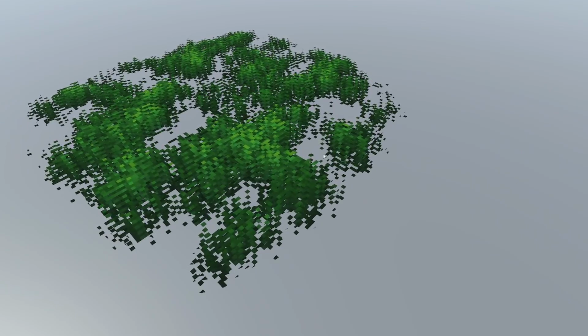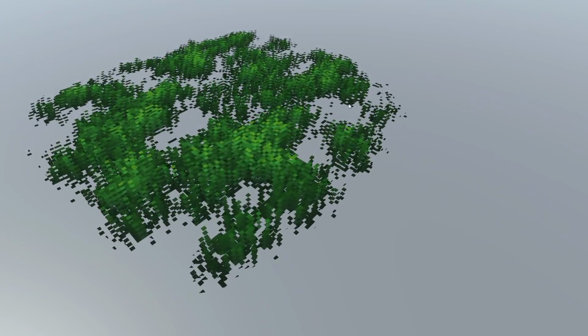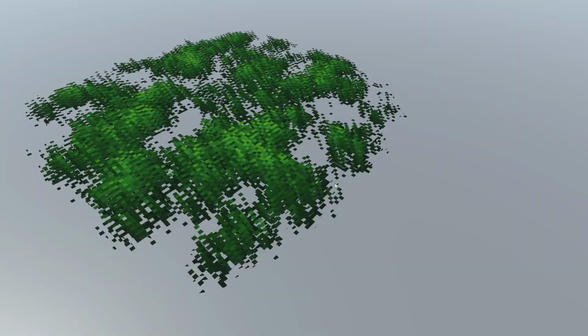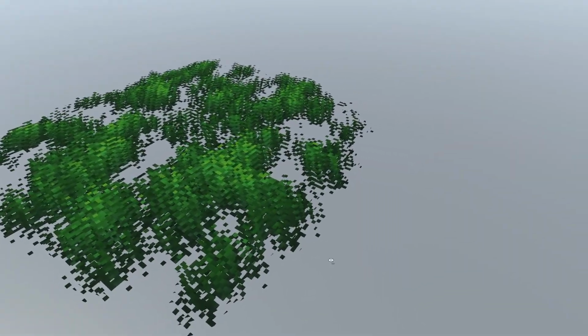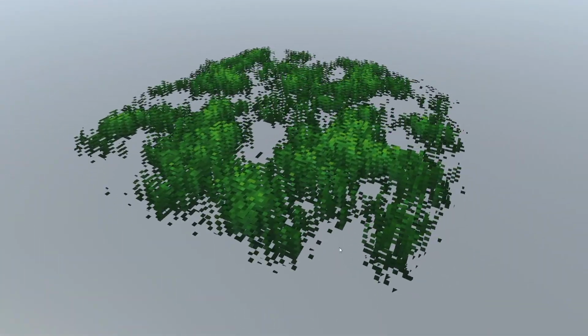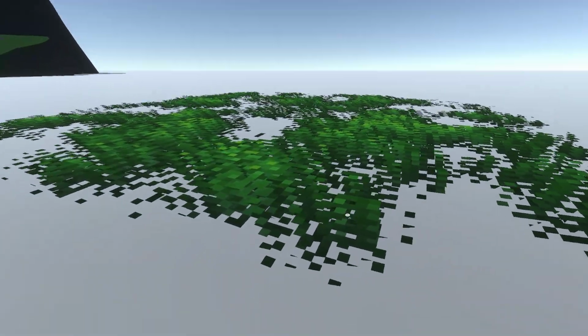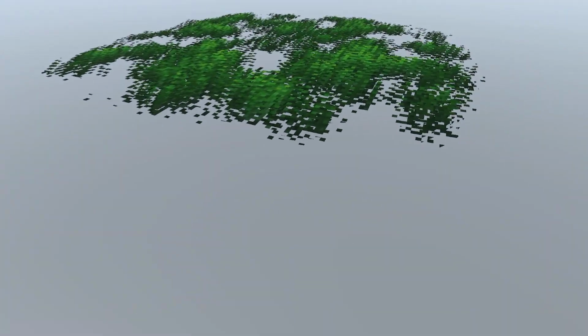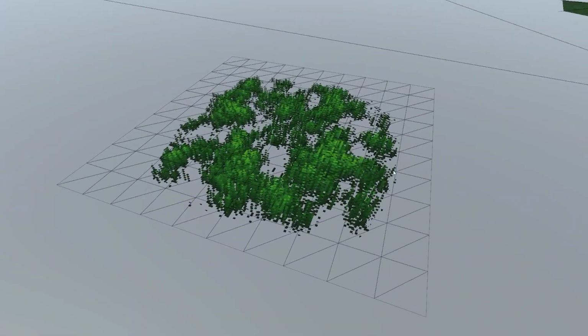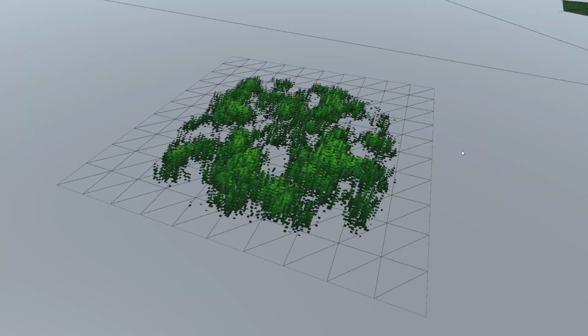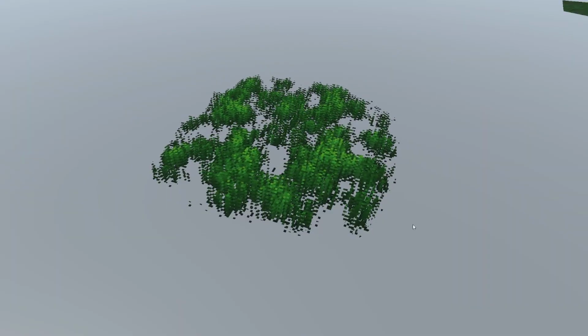I don't know if you noticed really well, but it is tapered slightly towards the top. It's not just a cylinder of grass. There is a trick to it, a pro and a con. It is all perfectly flat. It's a single, let's see the wireframe, it's a single plane. Well, in this case it's a higher division plane, but that's irrelevant technically. It would have been just a 2-tri plane.